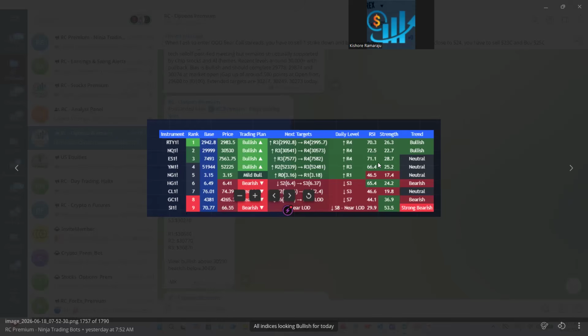So like that, these indicators will help you to know before the market itself for stocks, for different options. For stocks, we have to wait until 8:30, but for futures, by morning 7:30, we know what will be the trend for the day. So if you see RTY,